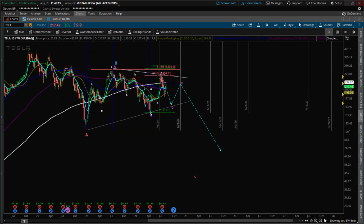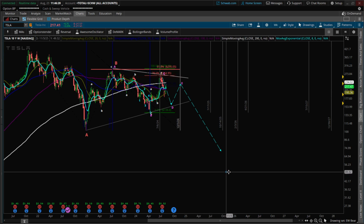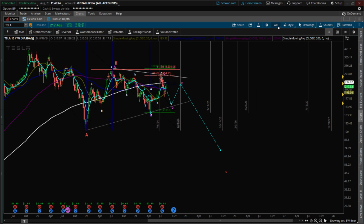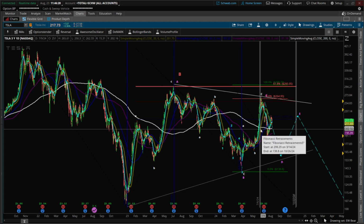But overall this is pretty much what we're looking for here. So I didn't need to duplicate that. We're looking for an ABC. Kind of simple as that. All right, let's go to the daily, and then I'll show you. So on the daily time frame,